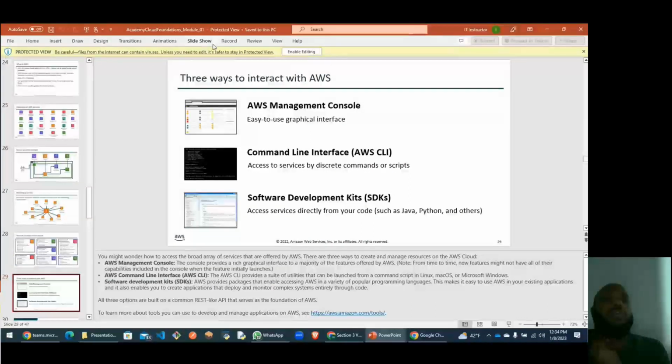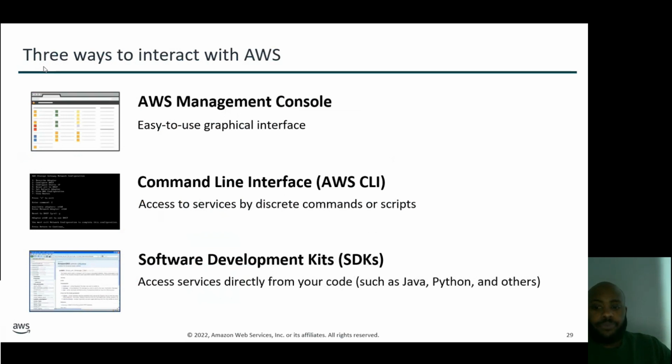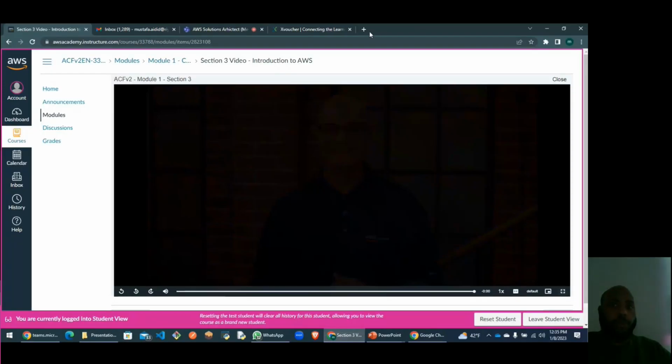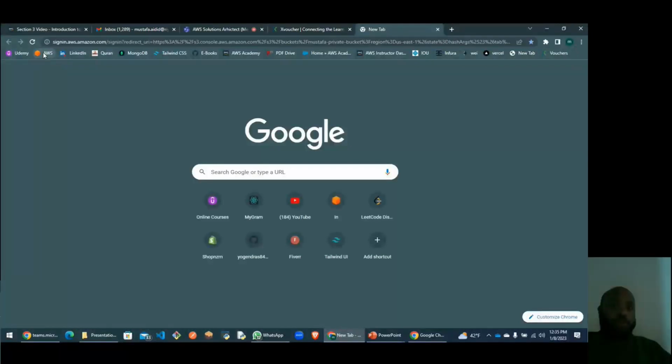So I was saying, what are the different ways to connect to our AWS accounts or services that we have running? There's three ways. We can connect using the management console, which is a graphical user interface. You can simply connect to it by logging in to your account. So this is your management console. So once you go in here,